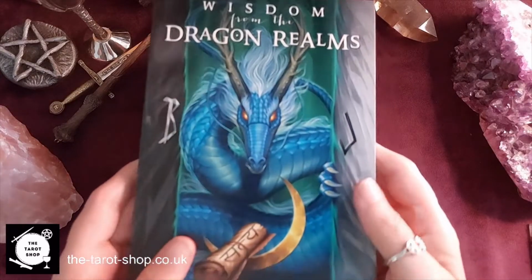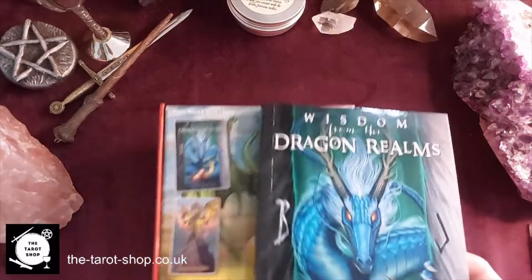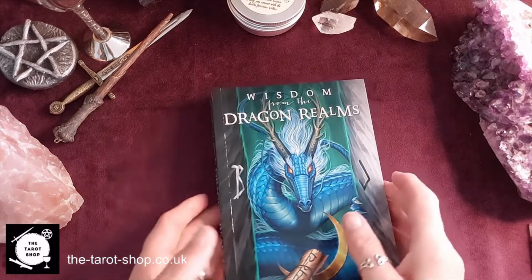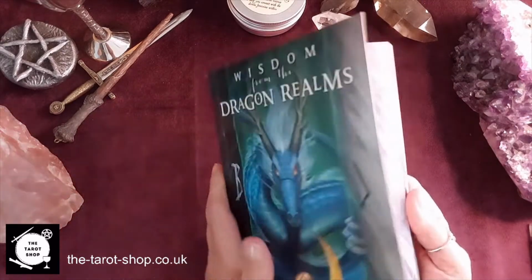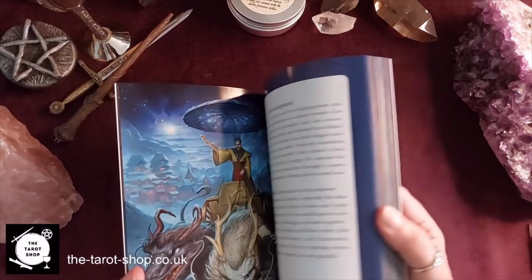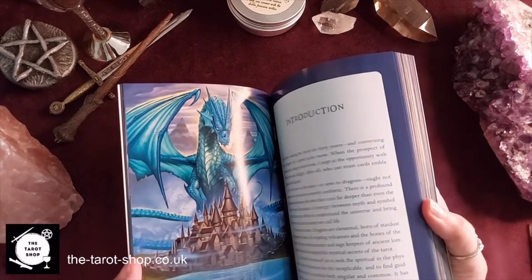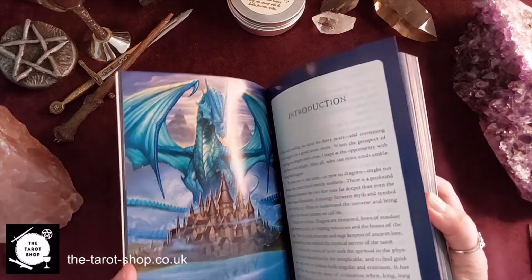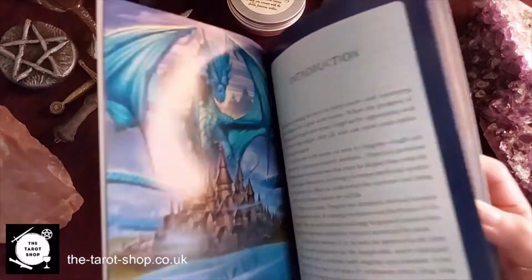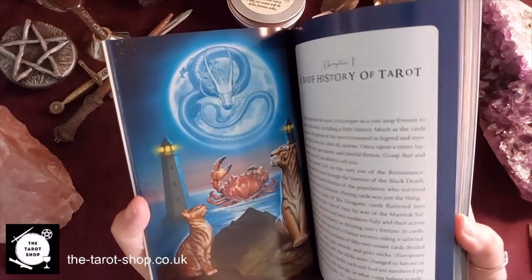This is the book, and I'll just pull this out of the way because it does take up a tremendous amount of space. You've got an introduction and acknowledgements, and then it's just so beautifully illustrated. It's very colourful, very vivid. I hope that the video does it justice. Unfortunately I've got the overhead light on, and it's a glossy book, so I'm hoping you can pick up the vivid imagery here. So you get a brief history of tarot,